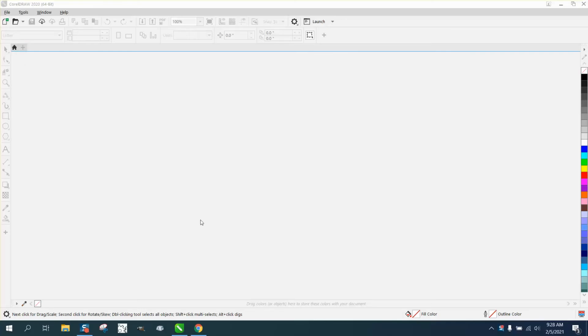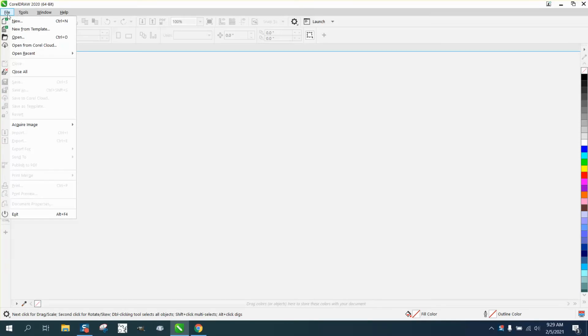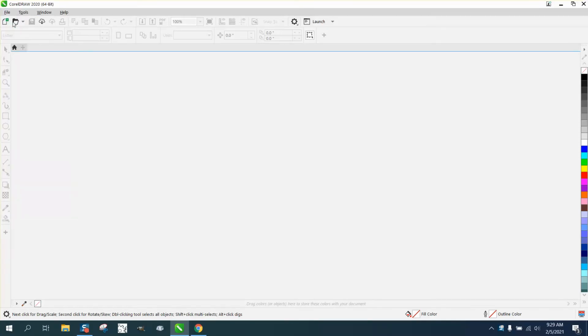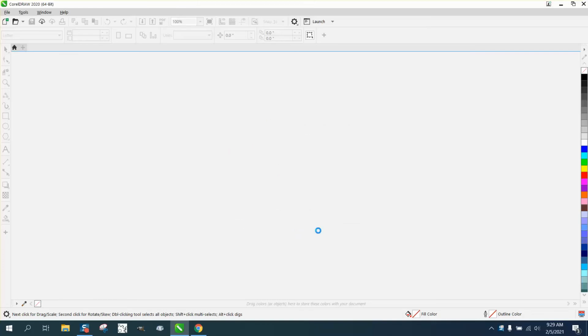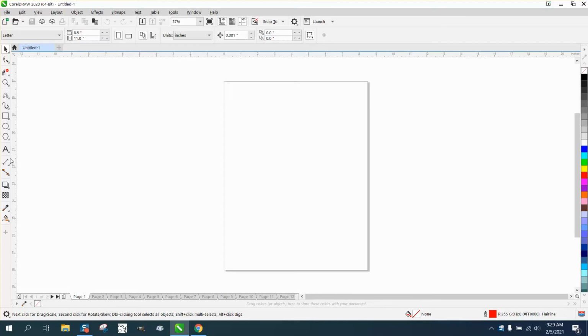So what you need to do, and you can put them anywhere you want. We're going to go to File, New Document, and right here is where you want to type in 25 or how many ever pages you want and the size of page you want. So this is normally set on 1 for default. Change that to 25, hit OK. It's going to bring up a document, and then